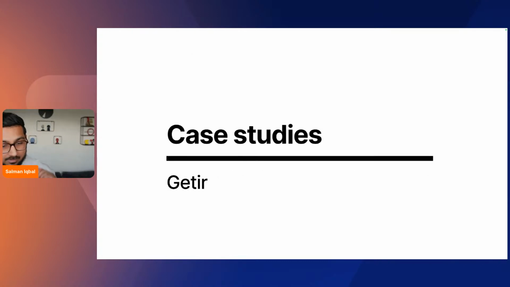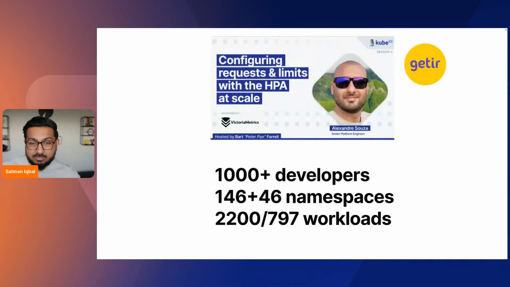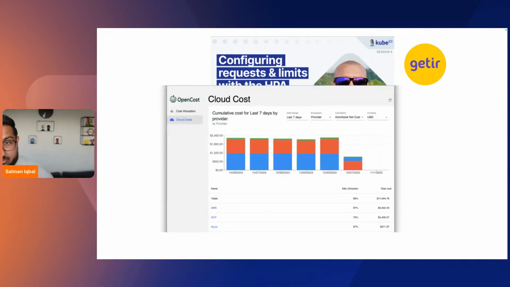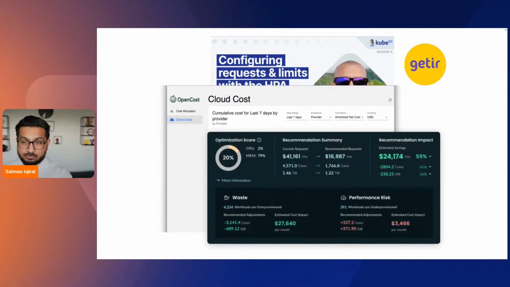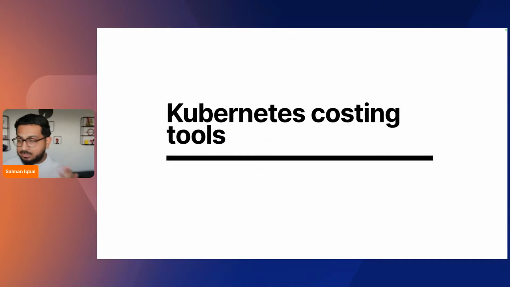And the last one here, before we do a quick summary. So this is Getter, and Getter had a bunch of people working there. It talked about how to set the resources and limits correctly. But the important thing that Alexandre mentioned was that everything was driven from costs. Even in development, they wanted to keep the costs down. So you can use a bunch of tools to keep your costs down by keeping an eye on how much is actually being used. There's a bunch of tools out there that help you with this